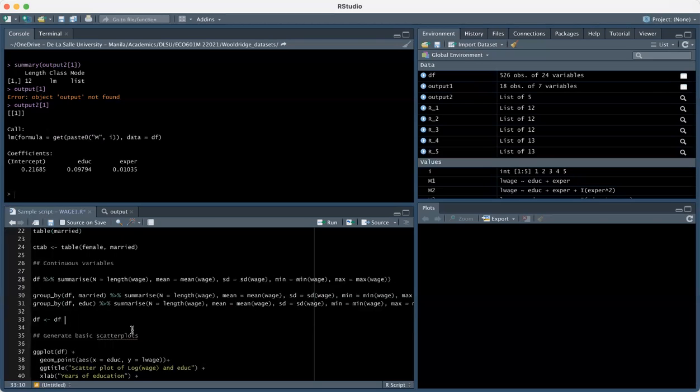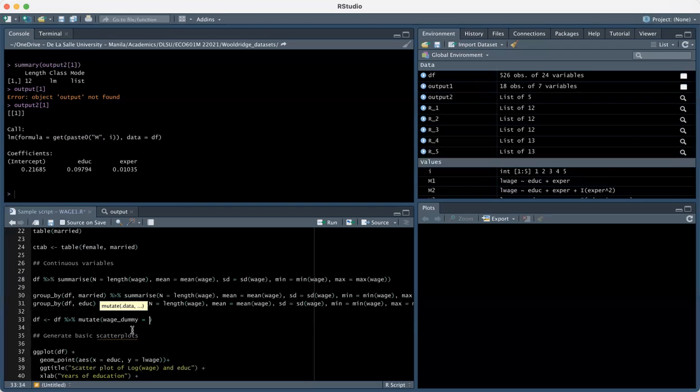So let's invoke the data frame, use the pipe function, and type mutate, and let's type the new variable name, wage dummy, equals. And since this is a conditional variable, sort of an indicator function that's equal to 1 if another variable is equal to a certain value or not,